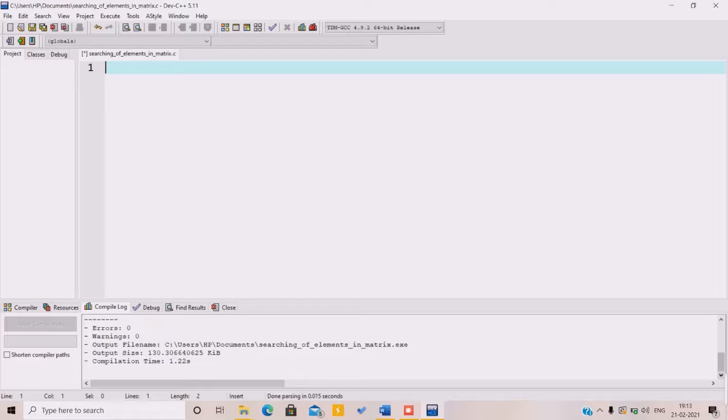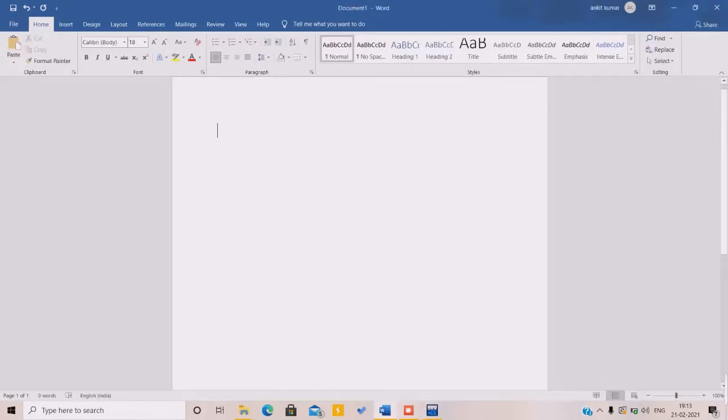So how do we do it? First of all, let's understand what a matrix is. So let's use Bird for this. We studied matrices in 12th class. A matrix is a 2-dimensional arrangement of numbers. Like let's take an example: 2 1 2 4 6, 8 9 3, 7 2 3.